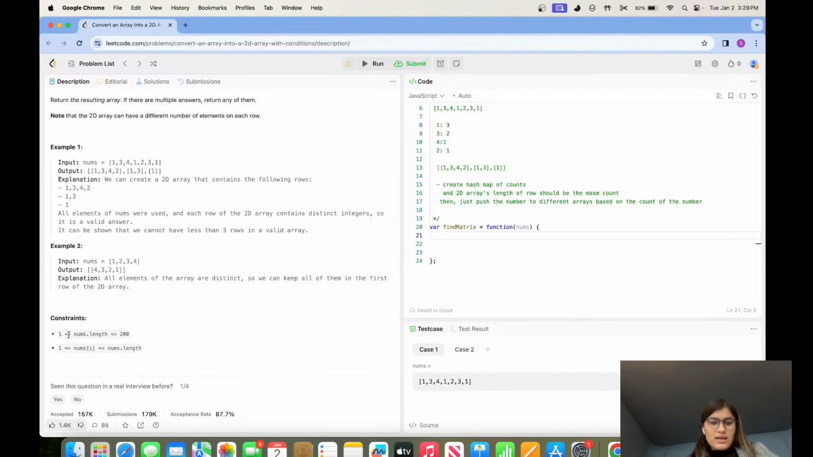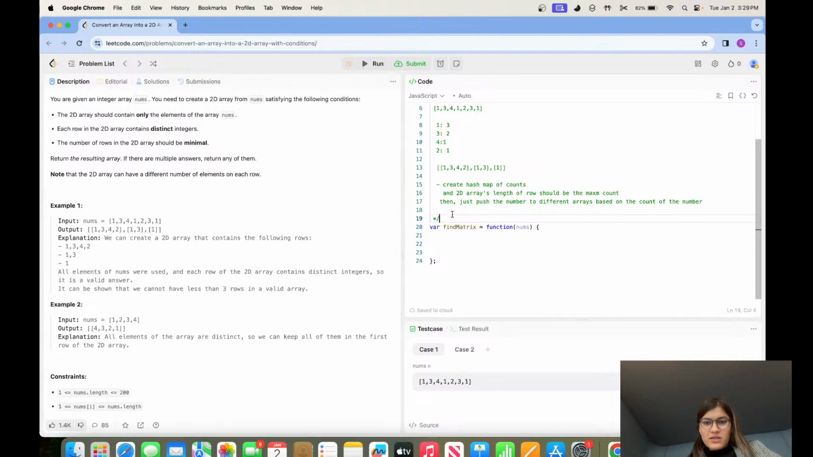The nums array length can be... it will still have at least one number there. I cannot think of any edge cases actually, because there will be at least one number. Okay, so let's make a hash map. By the way, the time complexity is just O of n, and space complexity is also O of n. Time complexity is O of n because we are only traversing the array once and the hash map once, and space complexity is